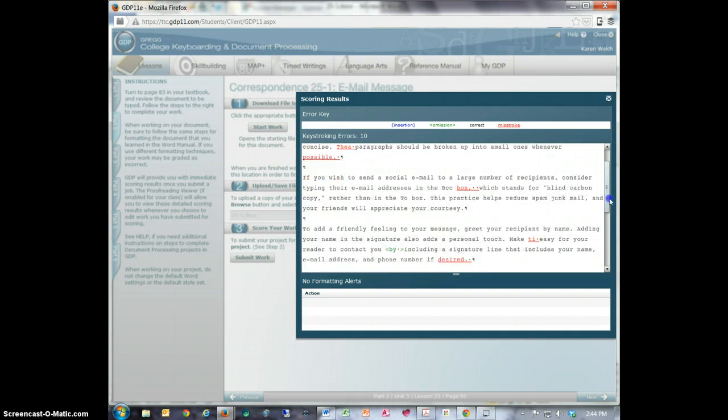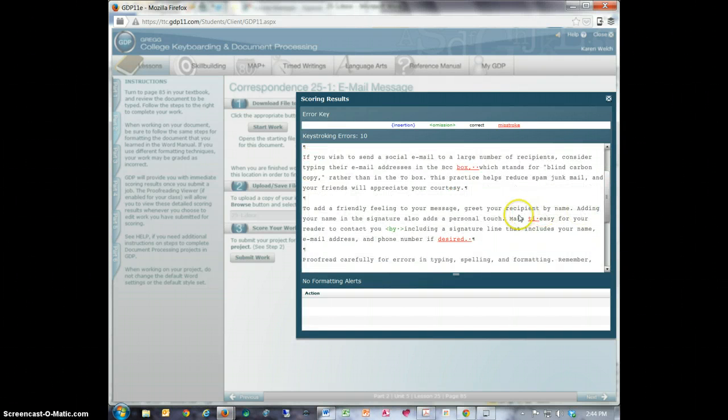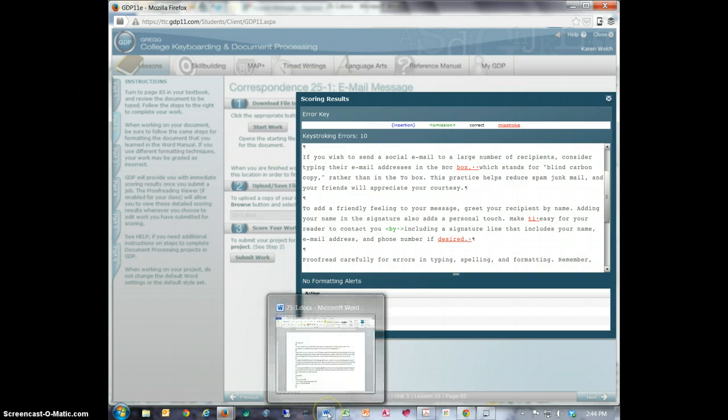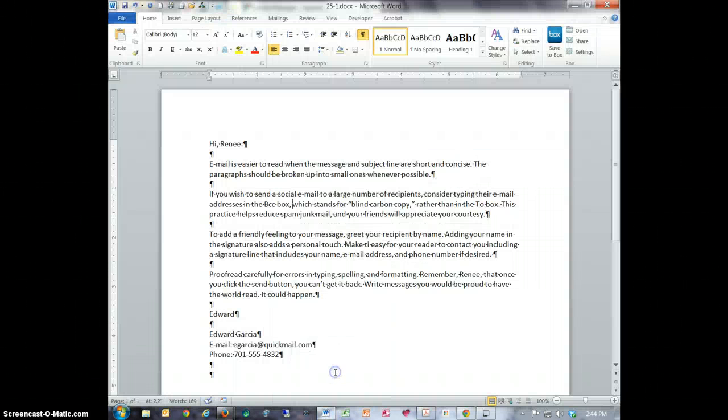I'm going to use my scroll bar and go down a bit, and okay, making it easy. I should have IT instead of TI, and if you'll think about it, that didn't show up as a misspelled word under Microsoft Word, so you cannot solely rely on Microsoft Word to catch every error. It doesn't always catch every error. I'm going to change that to make it easy,